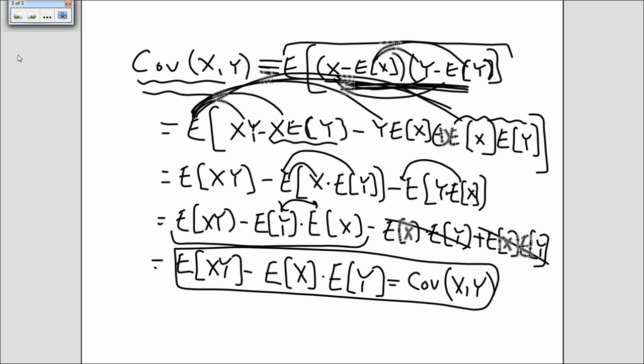So those are two ways of expressing or calculating the covariance of x and y. Unless you have to prove it on an exam, you can basically take it as two different definitions. Okay, so now,